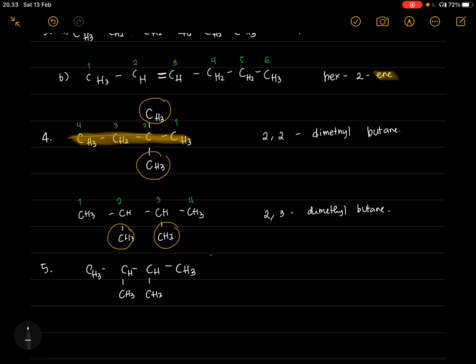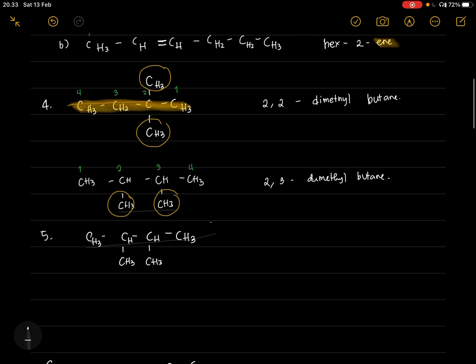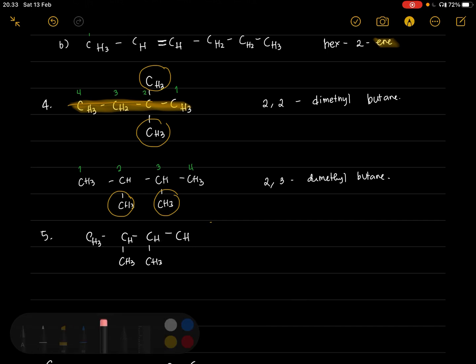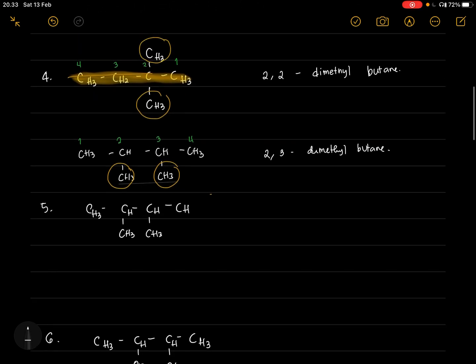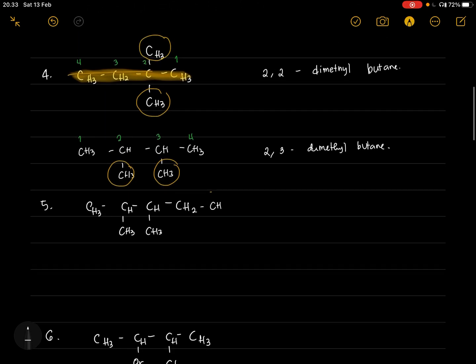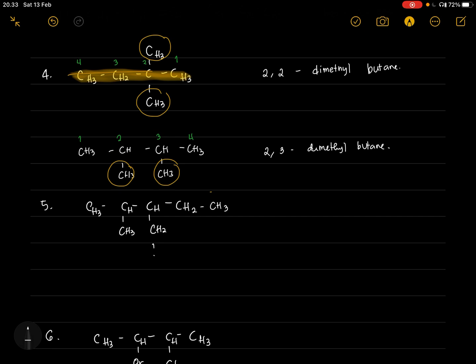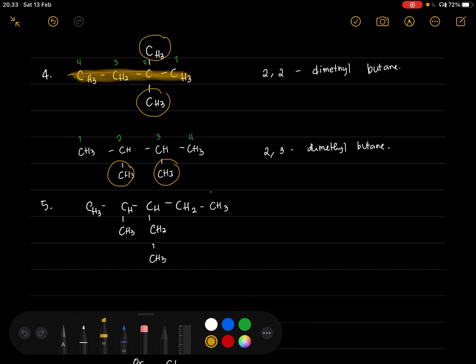I just changed the number 5 question. So it will be different from what we have in number 4. I will erase, I will add. Okay, so for example like this, and then I will change one of the branches to become an ethyl group. Please check again. Okay, we have here,